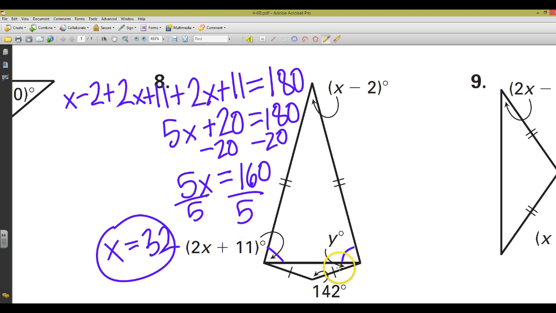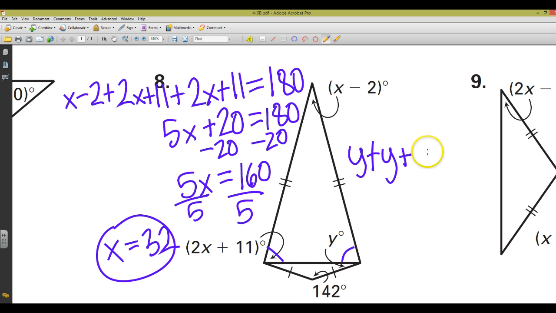So y is pointing to the base angle of this smaller isosceles triangle. Since it's isosceles, these two angles will be congruent. So if this angle is y, then this angle is y. We could just subtract our vertex angle from 180 and then divide by 2. Or we could say that this angle is y plus this angle is y